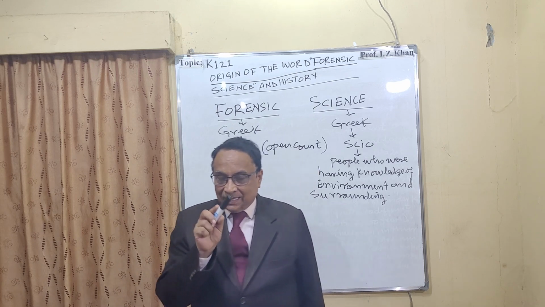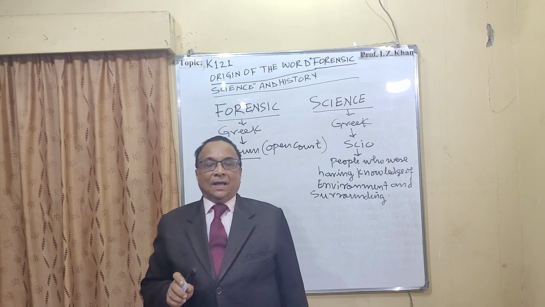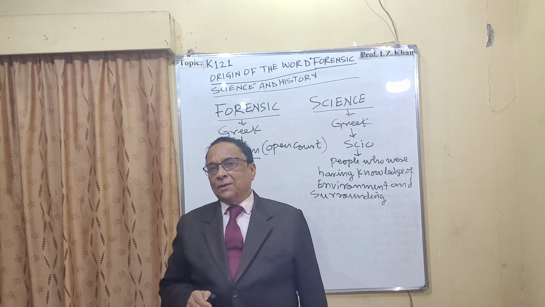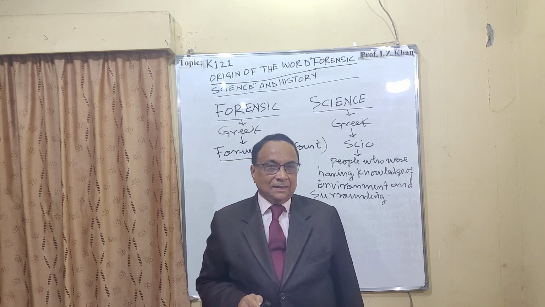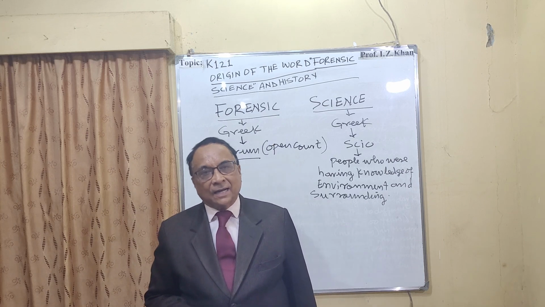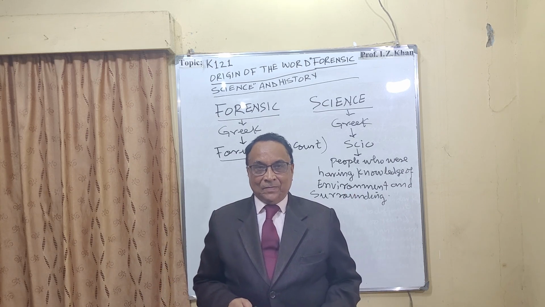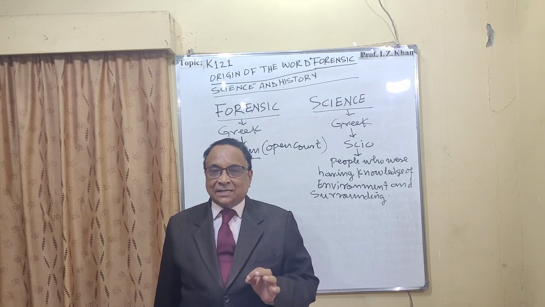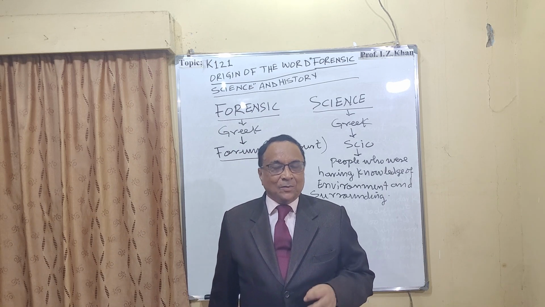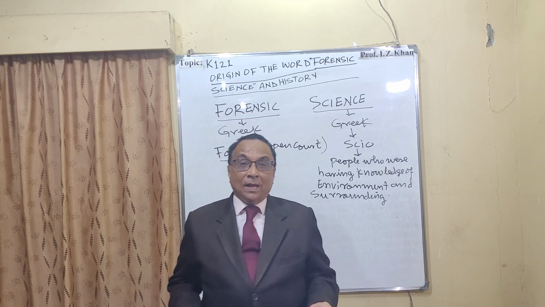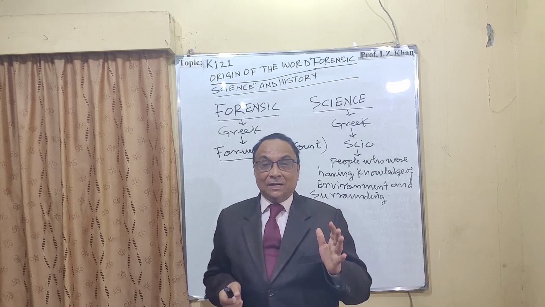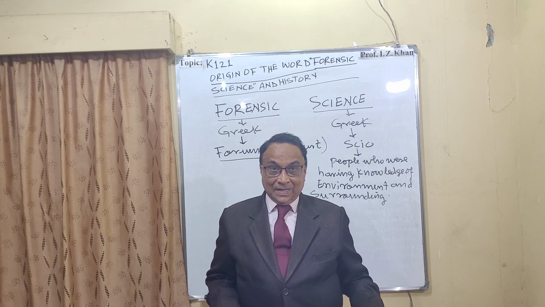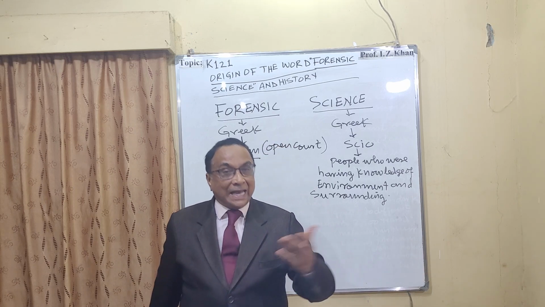So in the case of the definition of science, still in many old books, written by people with limited knowledge of nature and energy, the definition is incomplete. It's not the correct definition of science. The word science is derived from scio, a Greek term. Scio means, at that time, thousands of years ago, anybody in the society who had a lot of knowledge about the surroundings, about the environment, and that man was known as a scientist.